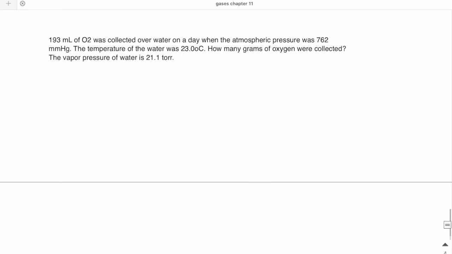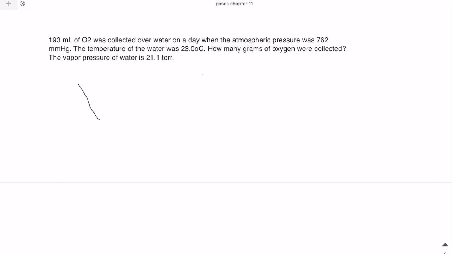So let's take a look at this problem where a gas is collected through water. It says 193 milliliters of oxygen gas is collected over water when the atmospheric pressure was 762 millimeters of mercury, and then gives the temperature of the water. The question is how many grams of oxygen were collected if the vapor pressure of water is 21.1. As I was saying